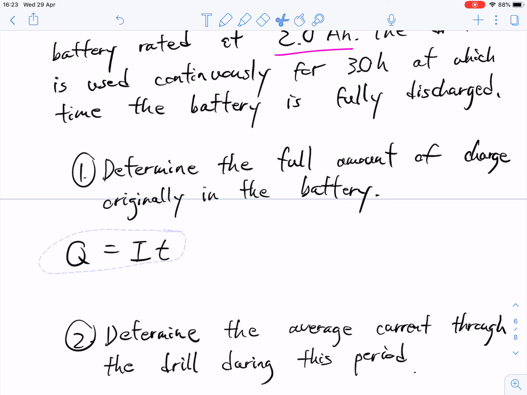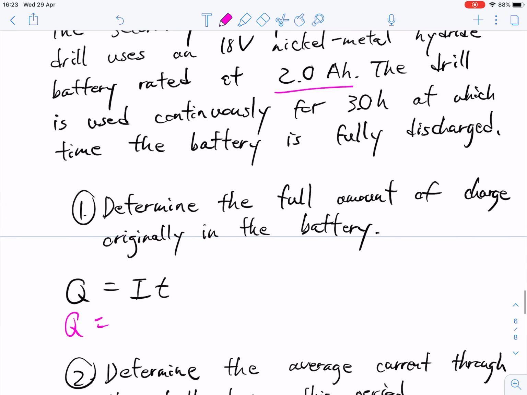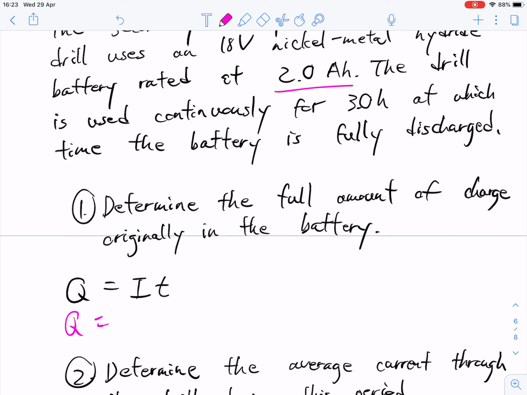and we're going to plop that down into here. So we're trying to determine the charge, and we've got the current, which is, oh, sorry, yeah. The current is 2 amps, and per hour, so 1 hour, we then have to remember to convert that into seconds. So this is 3,600 seconds. So first off, I'm just going to write 1 hour